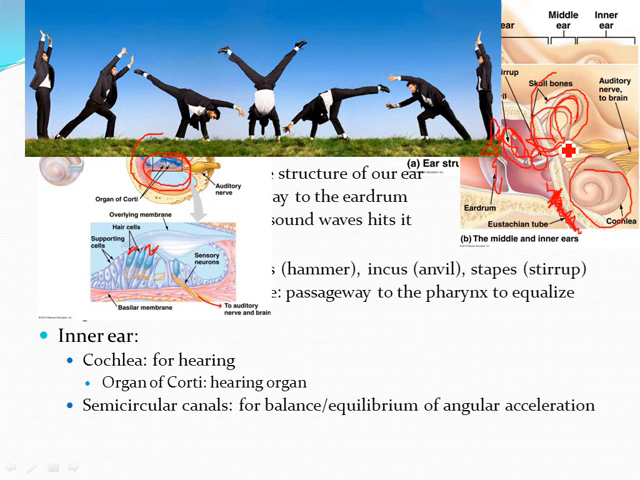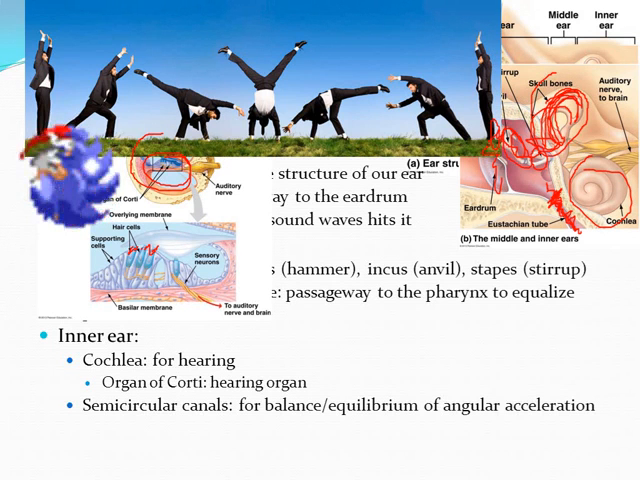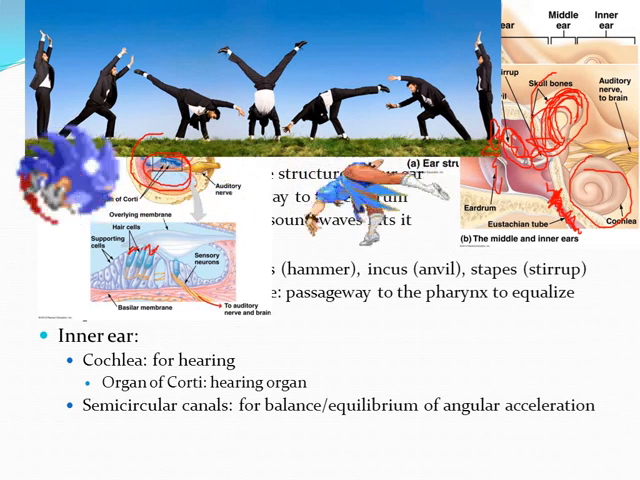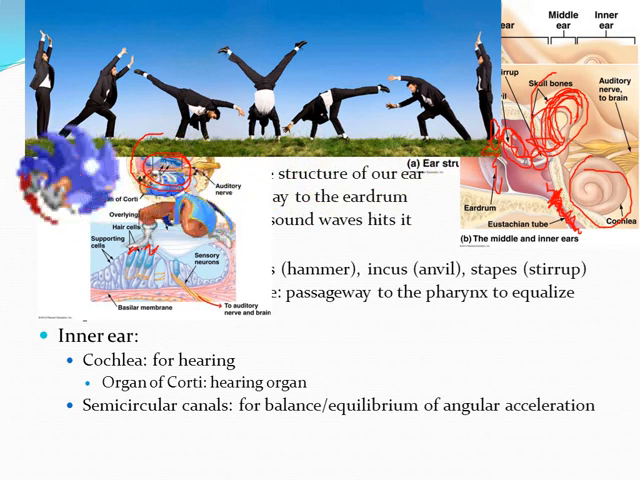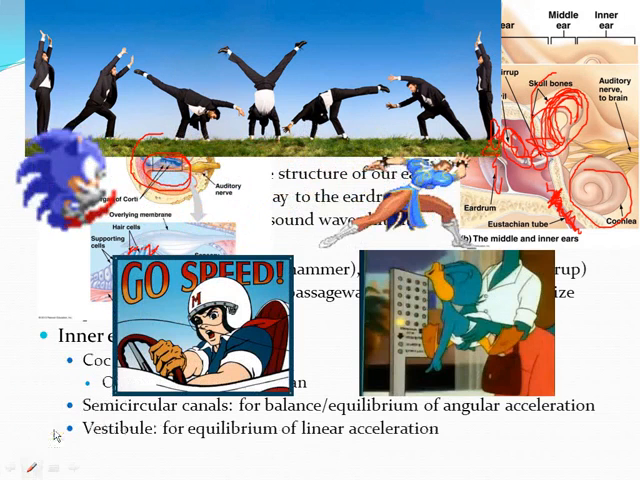Someone who is doing a cartwheel will help stimulate the anterior semicircular canal, while someone who's spinning like this will stimulate another semicircular canal. And finally we have the horizontal one, if you were to flip upside down and twist like that. The vestibule